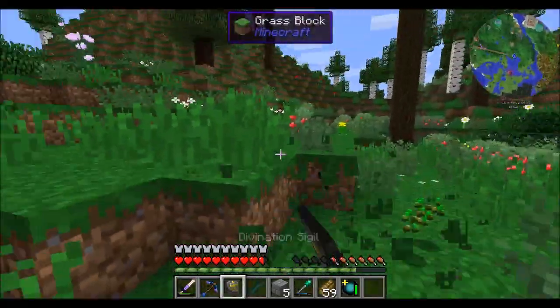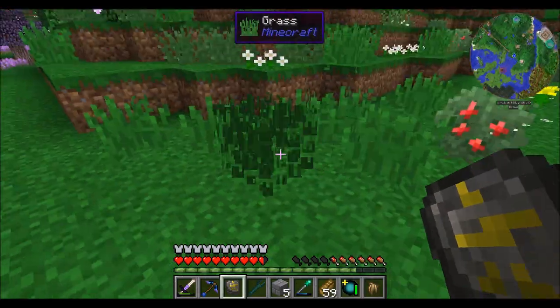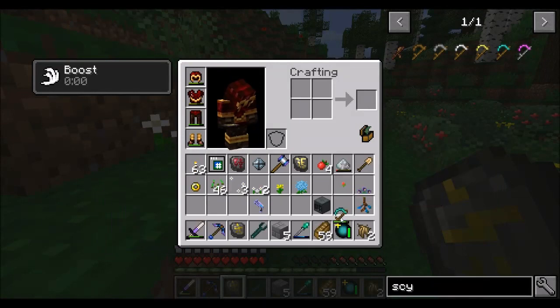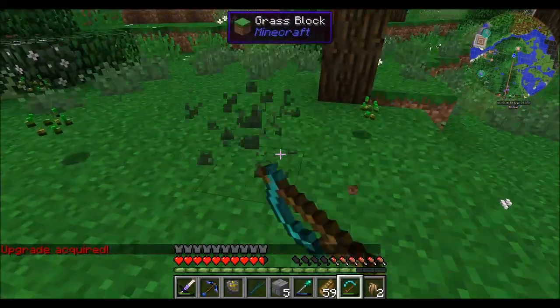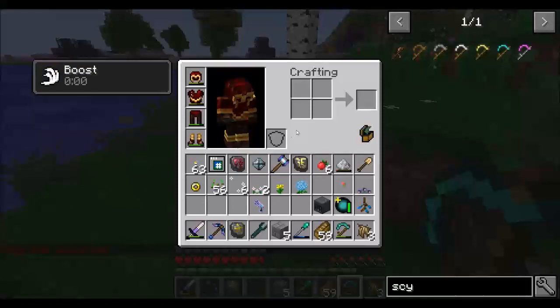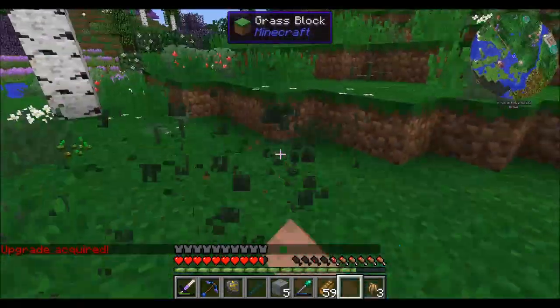Try another area. Oh, hey, I got one now. Woohoo! And I got another one. That was definitely the right call. Go to a new area. Yeah. Go to a new area or just, like, punching things? No luck with the scythe again, so...